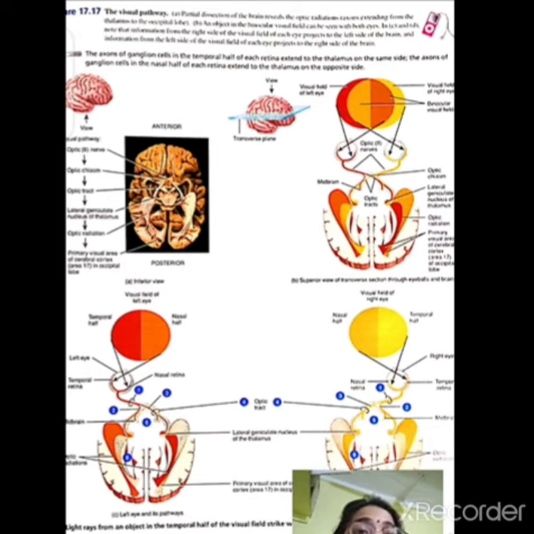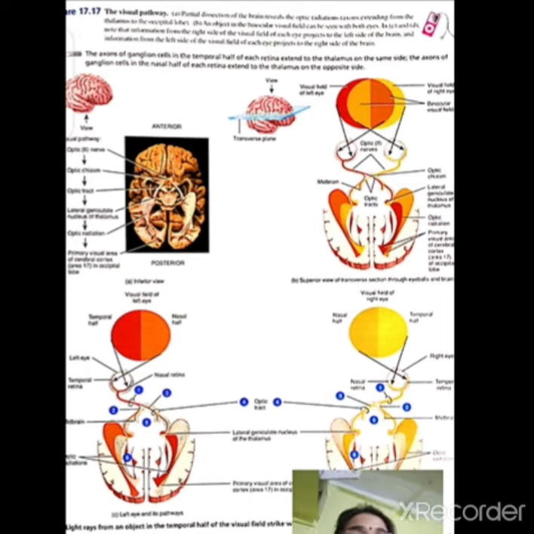These are the various horizontal cells and bipolar cells which transmit the images to the brain. Horizontal cells transmit inhibitory signals to the bipolar cells in the areas lateral to the excited rods and cones. Lateral inhibition enhances the contrast in the visual scene between the strongly stimulated areas of the retina and the adjacent areas that are more weakly stimulated.